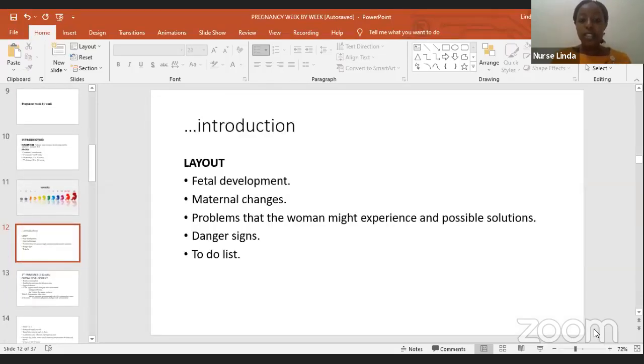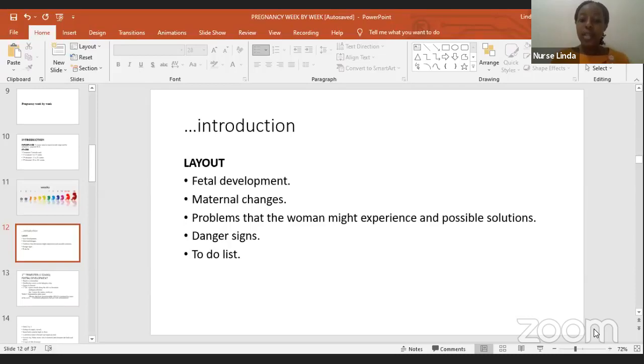And now for each of these stages, as I said earlier, we are going to be looking at the fetal development. What is happening with this fetus? It has just started as an ovum and a sperm, but then as the pregnancy continues, there are changes that are taking place in this fetus until we have a term, we have a baby at the end of the pregnancy. And then the woman is also experiencing a lot of changes in their body. Pregnancy is not something normal in their body. And so as the pregnancy continues,